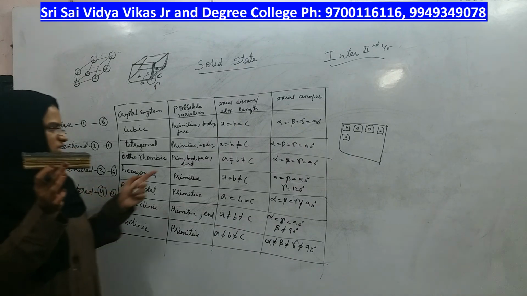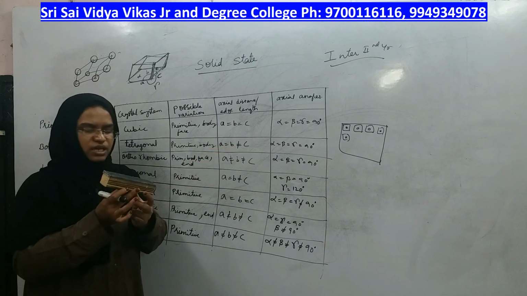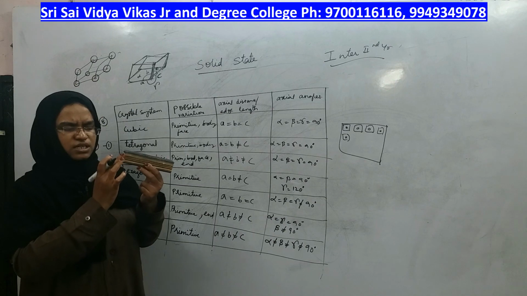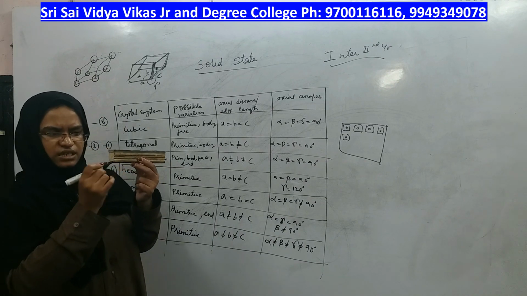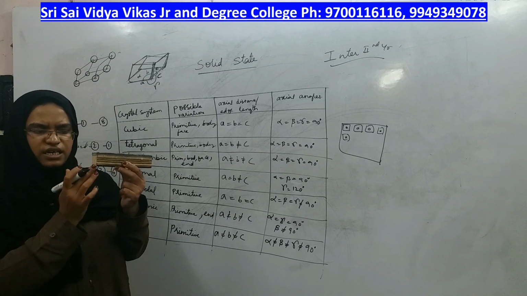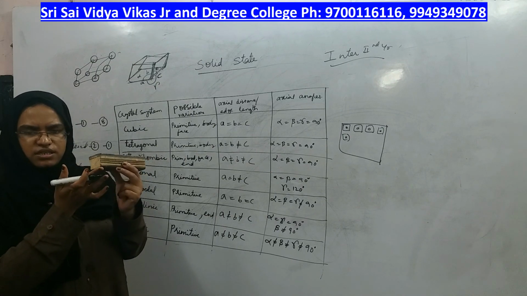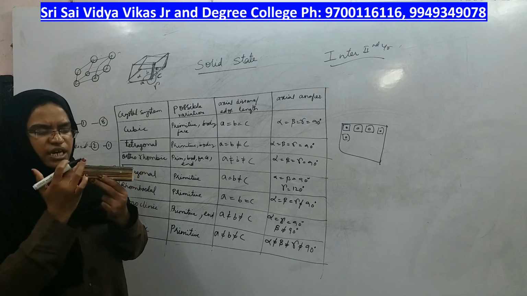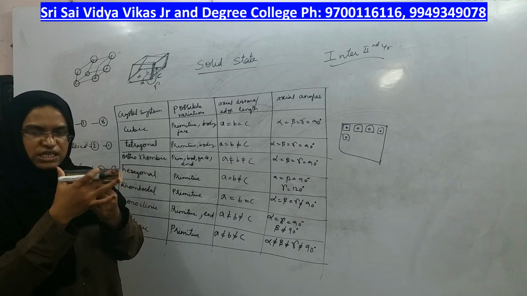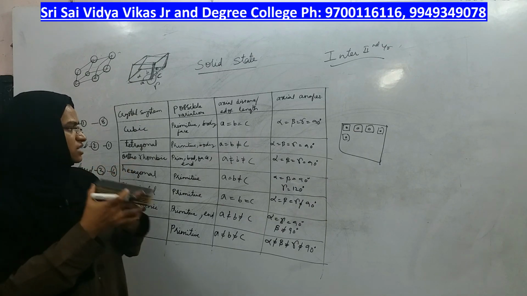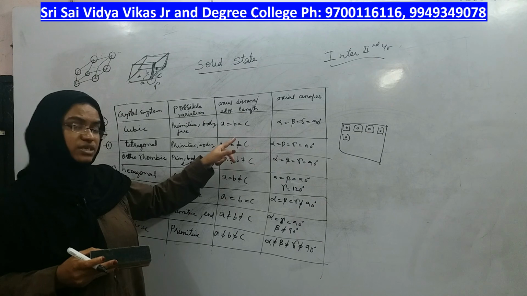So for this, A and B are same but C is not same. See this edge and this edge are same, right, their lengths are same, A is equal to B, but this edge is very long, is it same? No. A and B are same but C is not same,